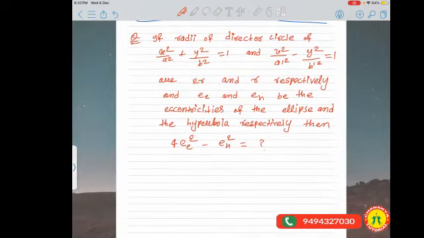If the question is, if the radii of director circles of ellipse, जो ellipse का director circle होगा उसका radius क्या given है 2r, and for hyperbola radius is given r, and given is E is the eccentricity of ellipse and EH is the eccentricity of hyperbola. So आपको इसका वैल्यू फाइंड करना है 4 into eccentricity of ellipse square minus eccentricity of hyperbola square is equal to